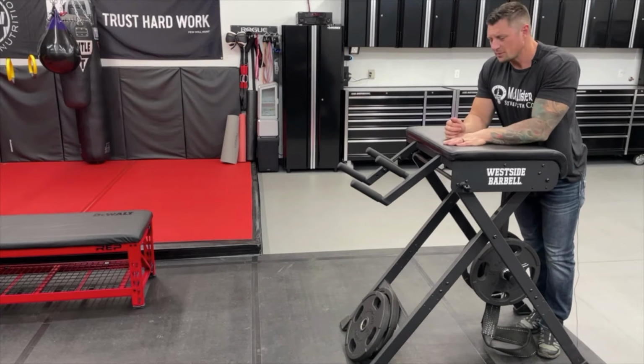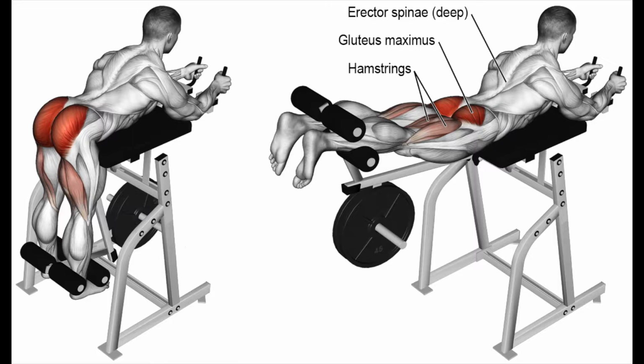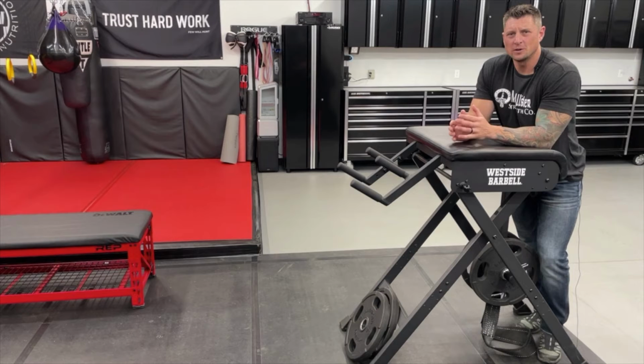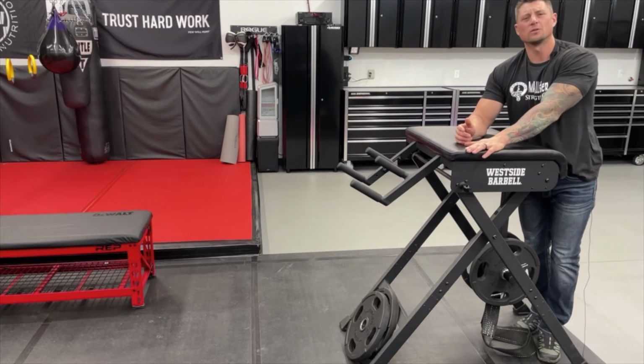Simple. What does it do for your back? Man, it's really, really good for your back. It feels good. It's a different movement, and it hits differently than doing back extensions on a GHD. It's a much different movement, and if I could offer any tip for using this, especially for people using it for the first time,